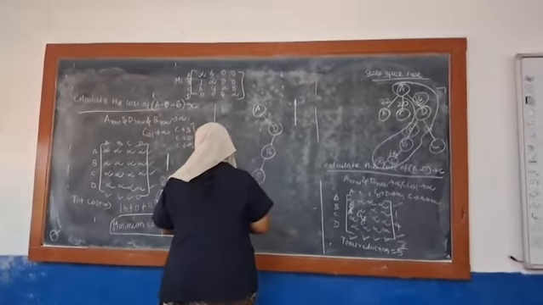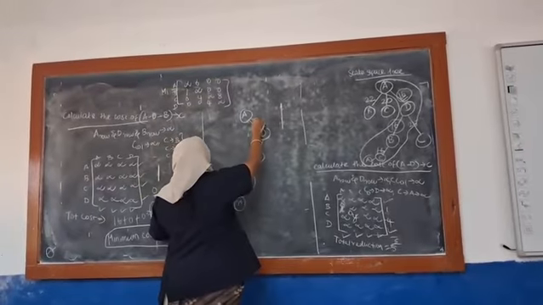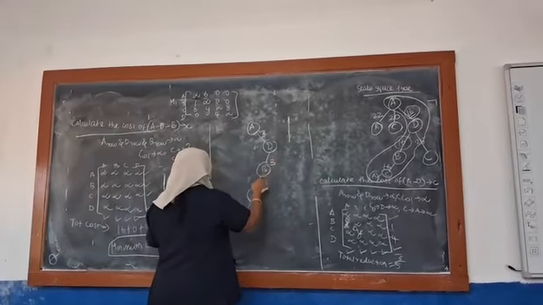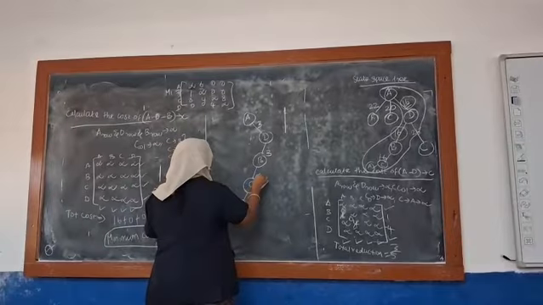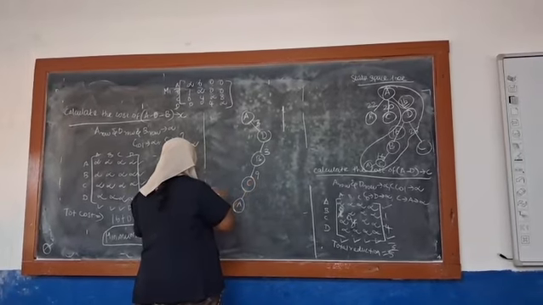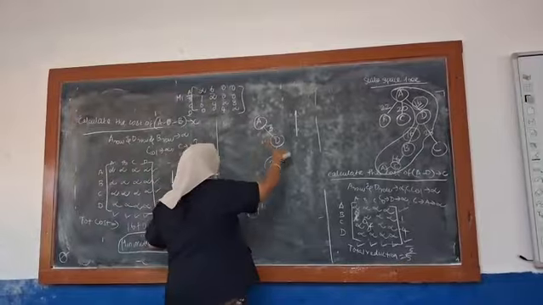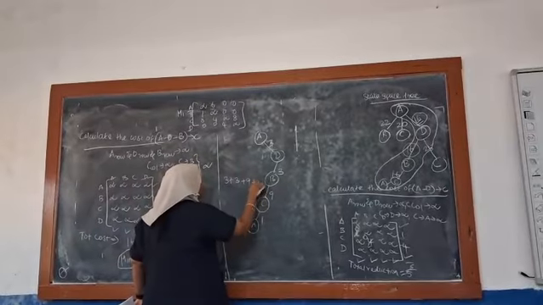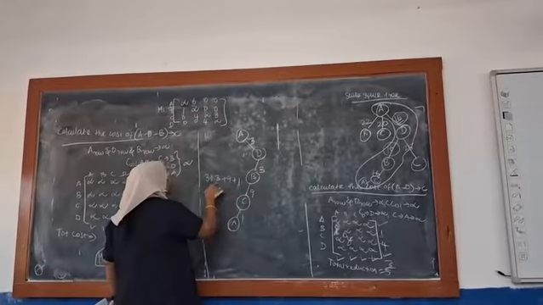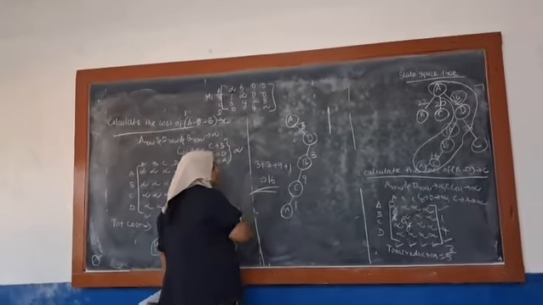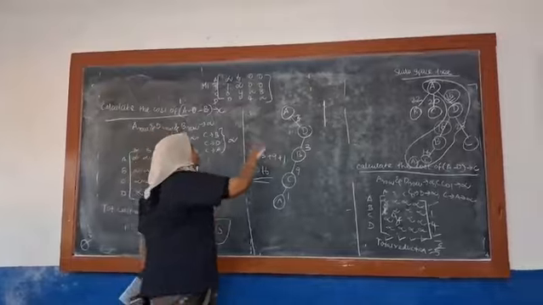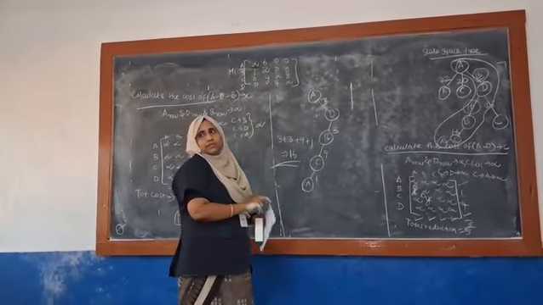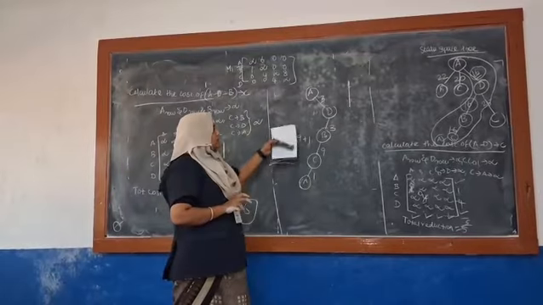We will use the original matrix. From A to D the value is 3, D to B the value is 3, B to C the value is 9, and C to A the value is 1. Just add all these: 3 plus 9 plus 1. 9 plus 1 is 10, 10 plus 3 is 13, 13 plus 3 is 16. This is the final answer. These values you have to take from the original matrix which is given in your problem statement. So from that, we found that